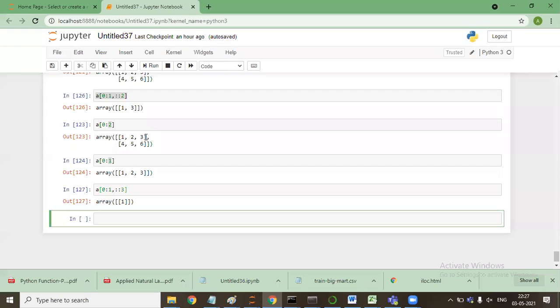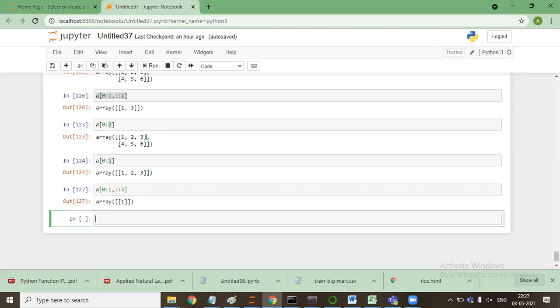Anybody else? Yes, sir. Actually, this double colon 2 means it is selecting every second number from the array row wise. Which one are you referring to? Line 126, sir. This says that first is 0:1, which means it is selecting the 0th row. And every alternate value it is selecting.